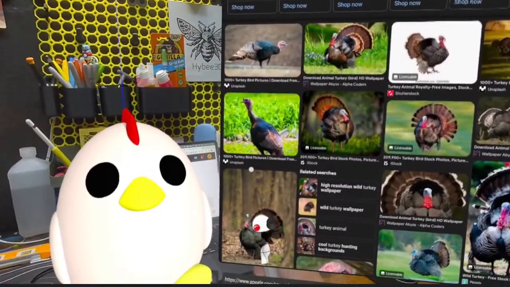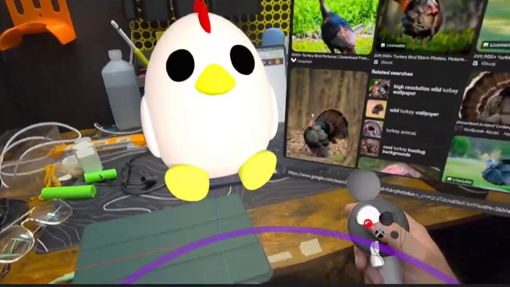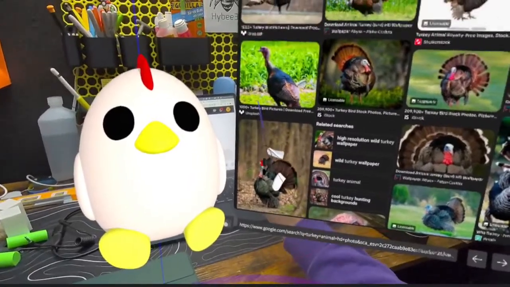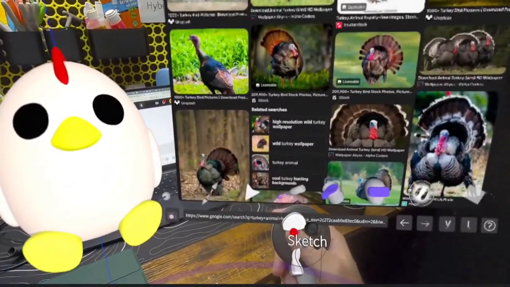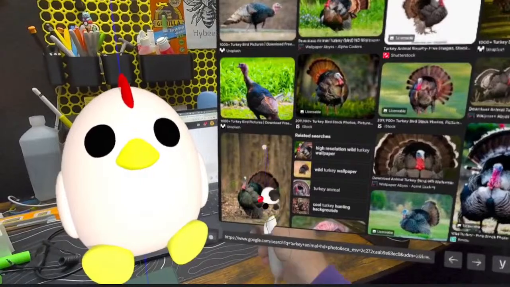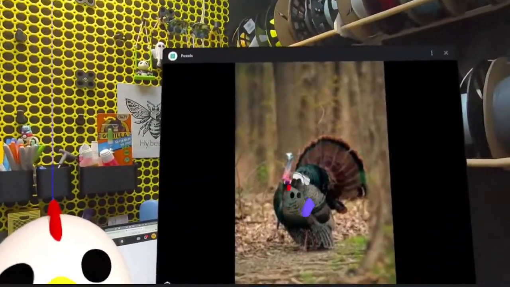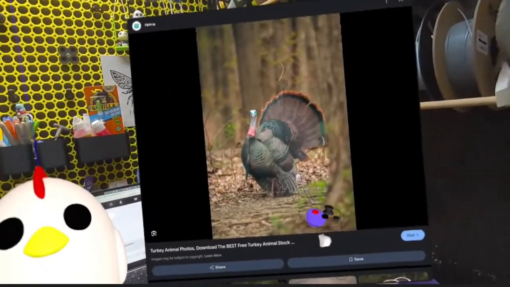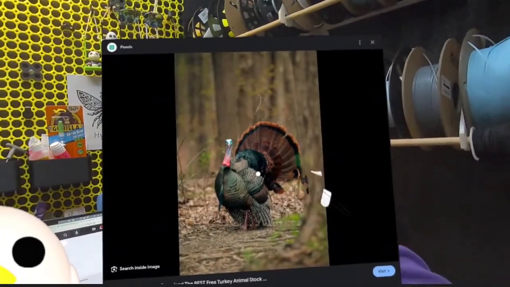What's the trick here to grab an image out of here? Because I know I can do it, but sometimes it just doesn't work.